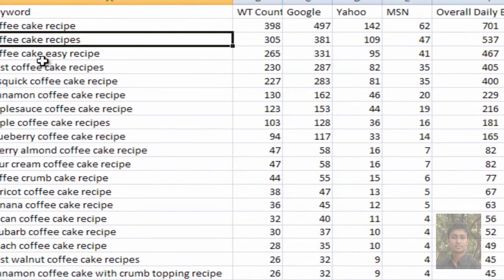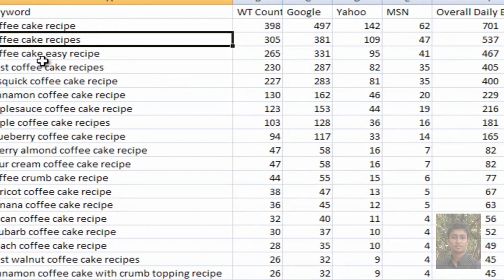Now your concept's obviously not going to be about Coffee Cake Recipe, because by the time I put this live it won't be available anymore. But your concept, whatever it is, let's say it was coffee mug holders, come in here and try to get something relevant to coffee mug holders. Try it with coffee-mug-holders.com.